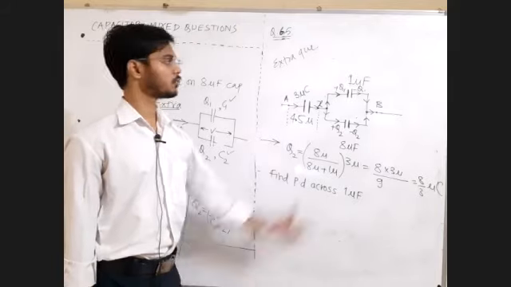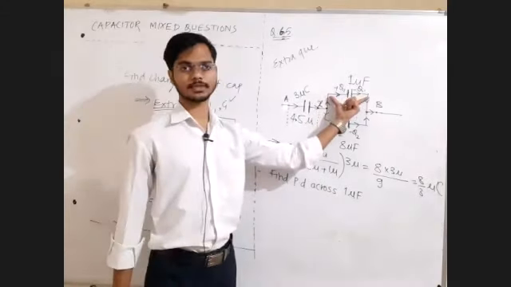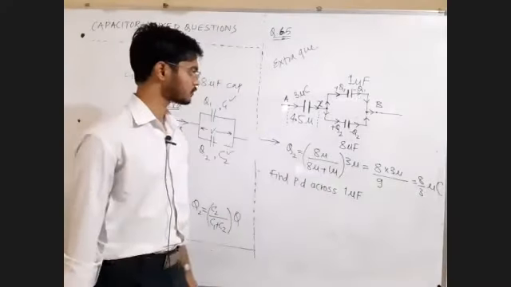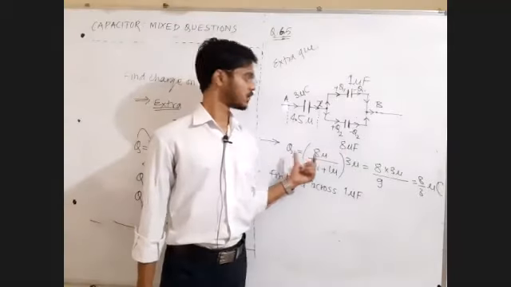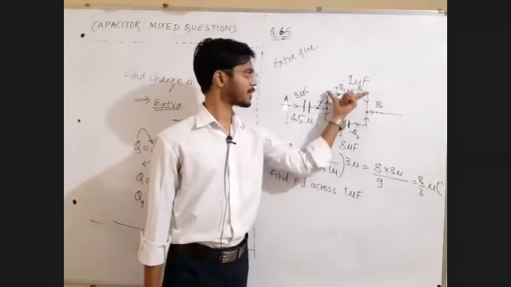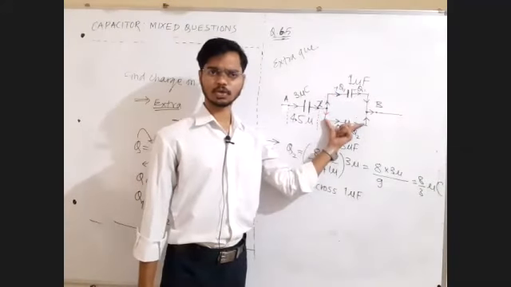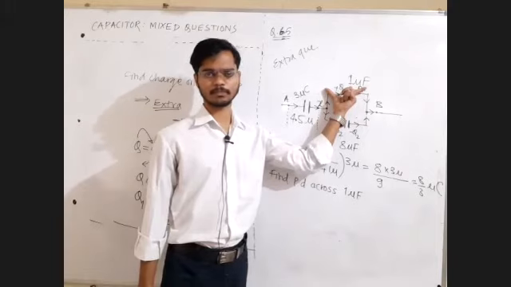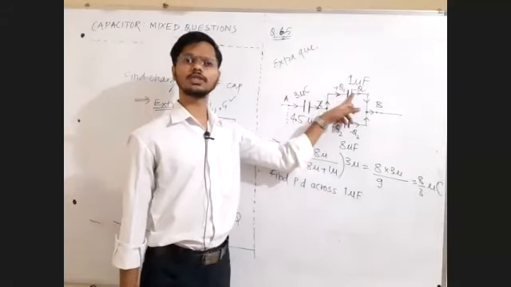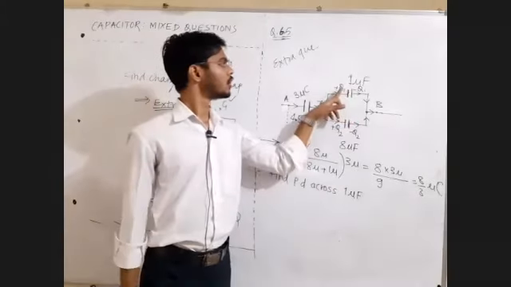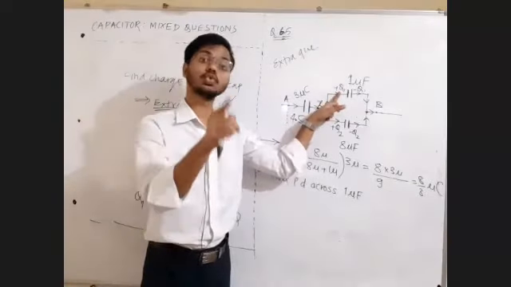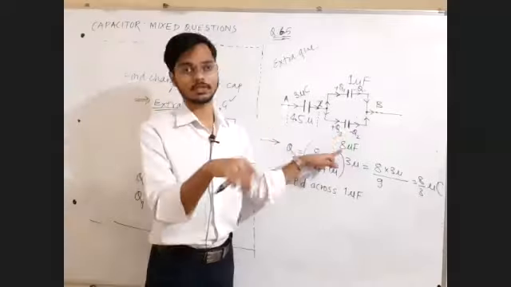How to find out potential difference across 1 microfarad capacitor. What is the trick? Now you have Q2. Just do Q2 by C2, find out V2. But this capacitor and this capacitor both are in parallel, so this potential difference and this potential difference must be the same. Or find out Q1 and do Q1 by C1. I think I'm making a mistake. V is equal to Q upon C, Q1 upon C1, not Q1 into C1. And here Q2 upon C2.